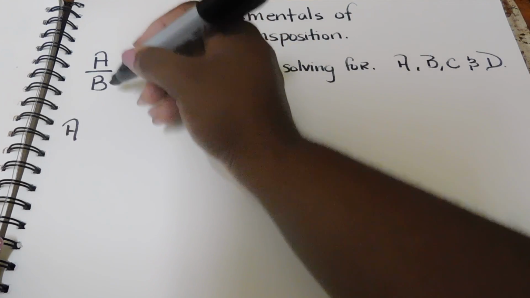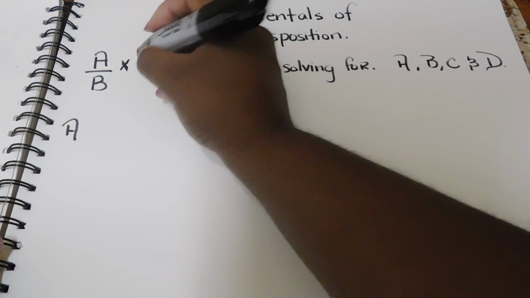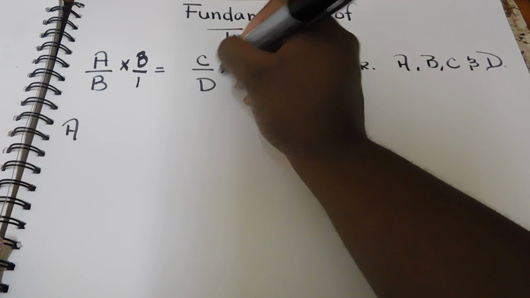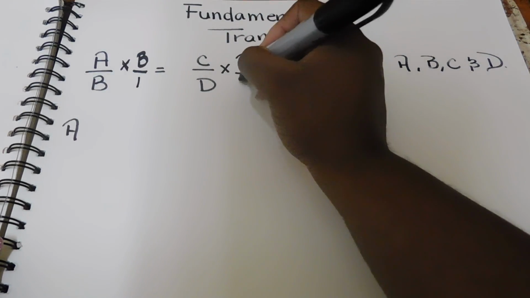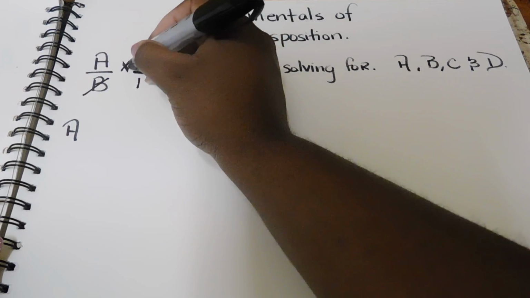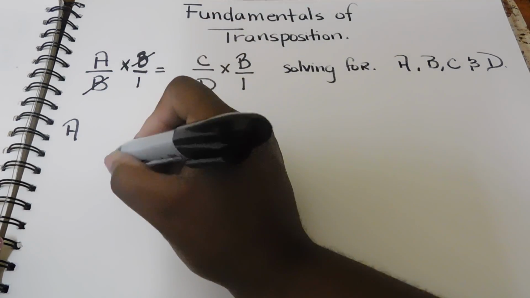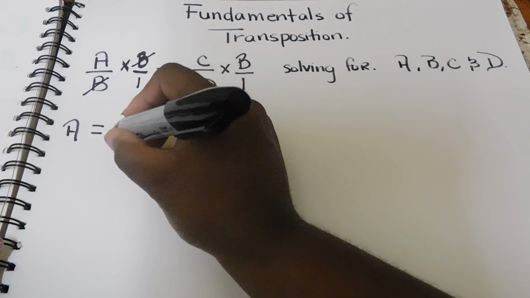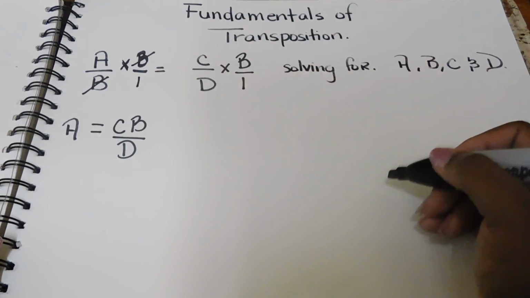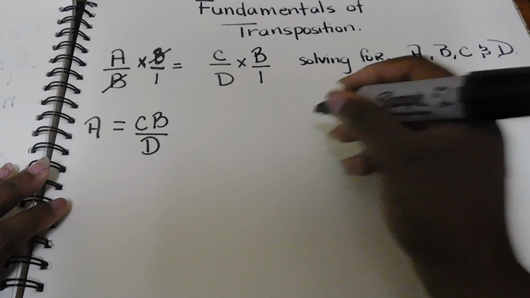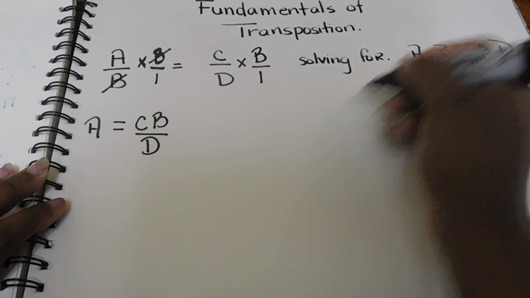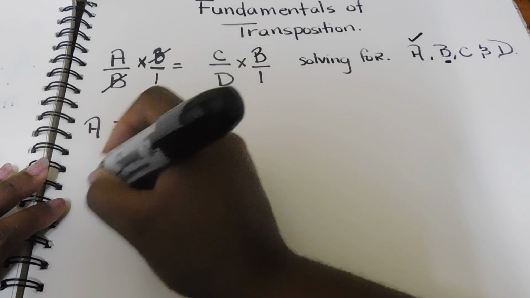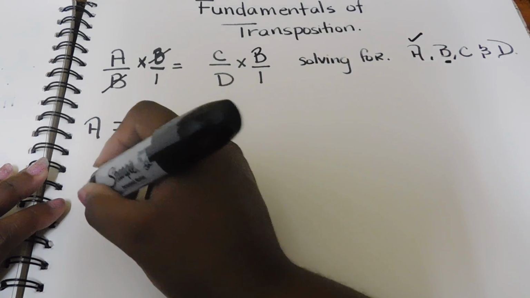To get rid of B, if it's in the denominator, you have to multiply both sides by it. There you would have a cancellation happening, and so you would have A is equal to C B over D. Now if you wanted to solve for B, you would say A over